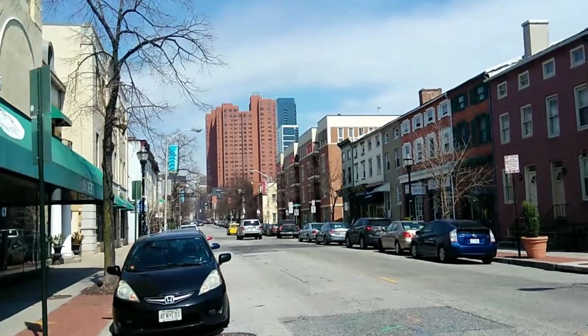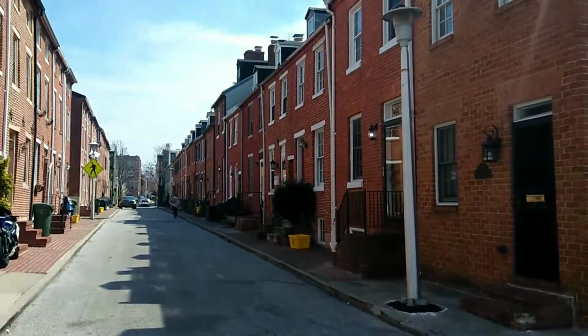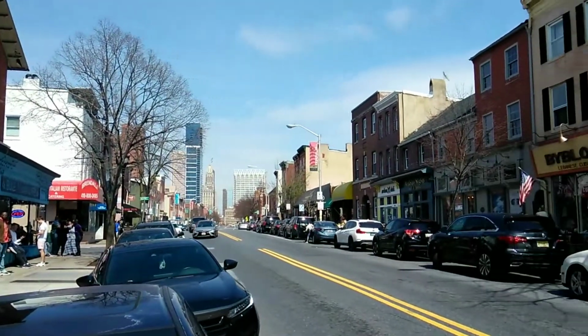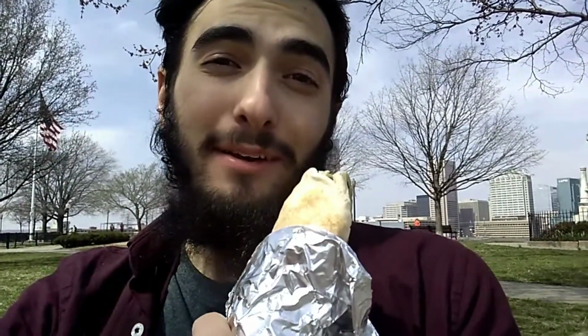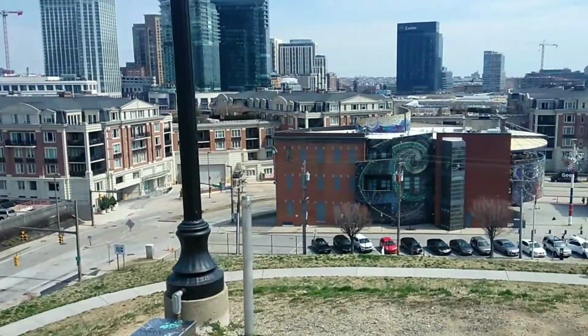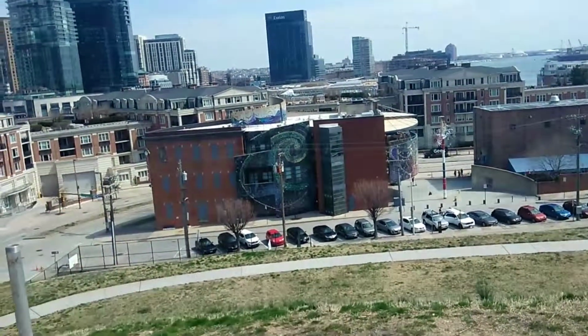So beautiful walking through the interwoven maze of streets between antiquated brick buildings, lined with a mosaic of different shops and restaurants from all different cultures around the world. So I hope y'all will enjoy, and as for now, I will try to enjoy my falafel wrap up here overlooking the city. And my next stop is the Visionary Art Museum of Baltimore, which leaves quite an impression on